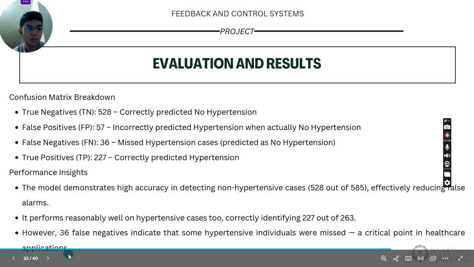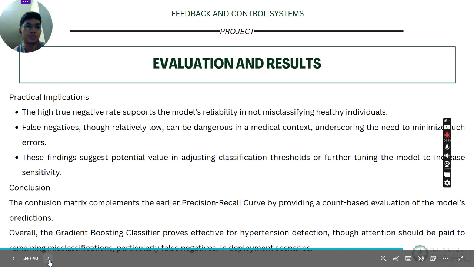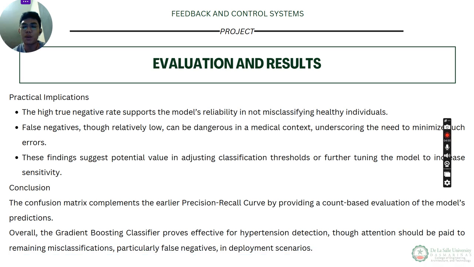However, as you can see, there are 36 false negatives, so there are hypertensive individuals missed, which can be a flaw in healthcare application. So lastly, for the conclusion, the gradient boosting classifier proves effective for hypertension detection, though attention should be paid to remaining misclassifications, particularly